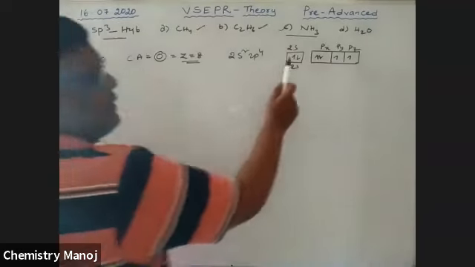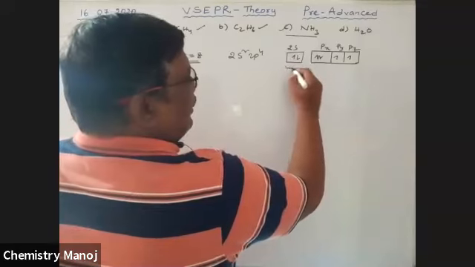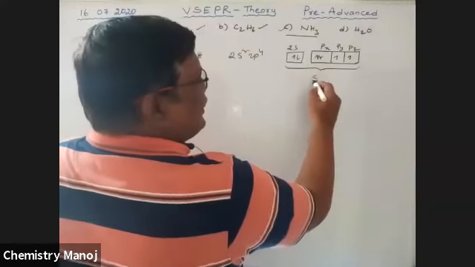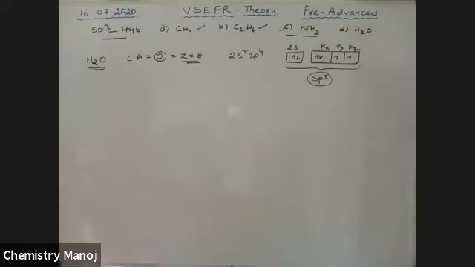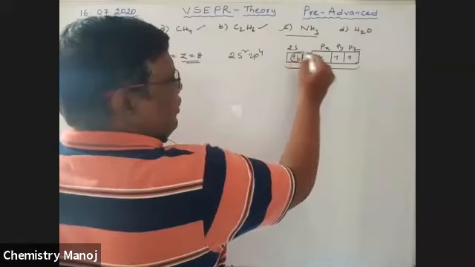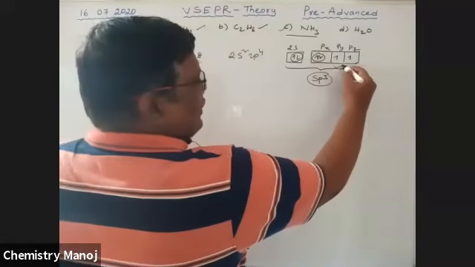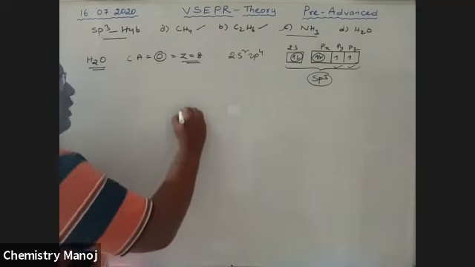This s orbital and these three p orbitals are all involved in hybridization. That is sp3 hybridization. In these orbitals, two orbitals have pairs of electrons, two orbitals have unpaired electrons. So the central atom oxygen in the water molecule is involved in sp3 hybridization. Note down that it produces 4 sp3 hybrid orbitals